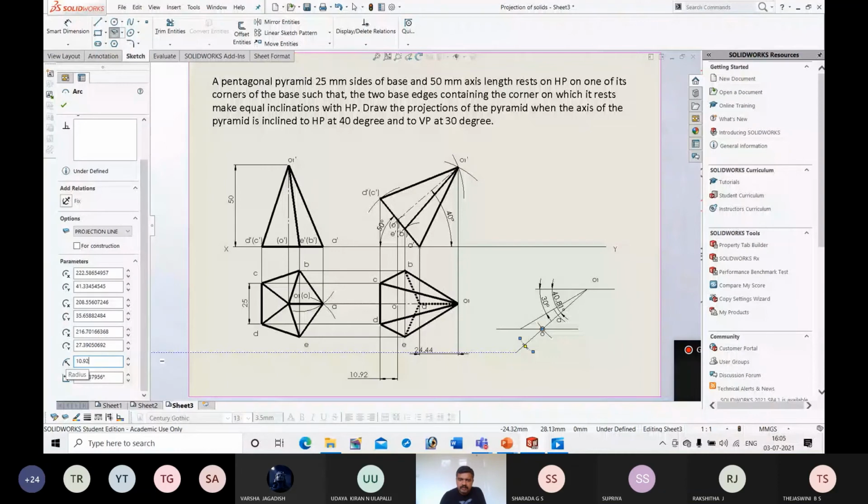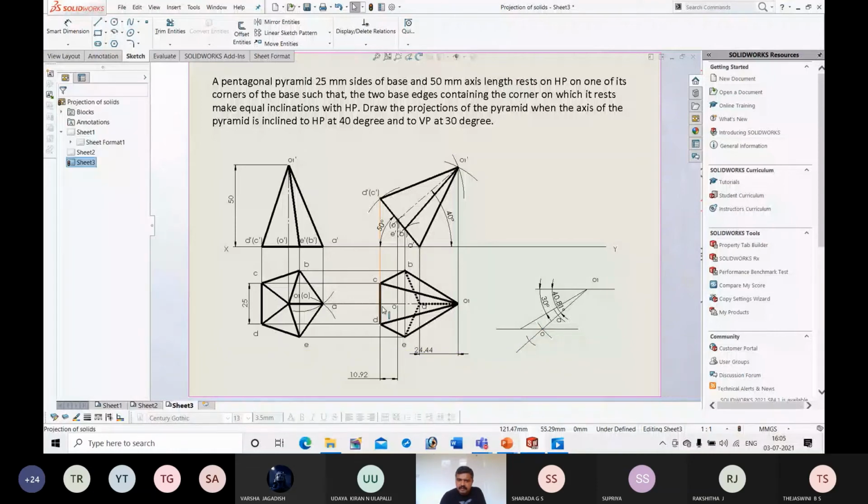Next, I know this line is 90 degrees to CD, perpendicular to CD. The line drawn between O1 and this point here is a horizontal line and this is a vertical. So here the angle between these two lines is 90 degrees. Now in this final top view, I have drawn this horizontal line from O1 to this point as inclined to beta angle. So that means if this is inclined to beta angle, this line CD also should be perpendicular to this beta angle line.